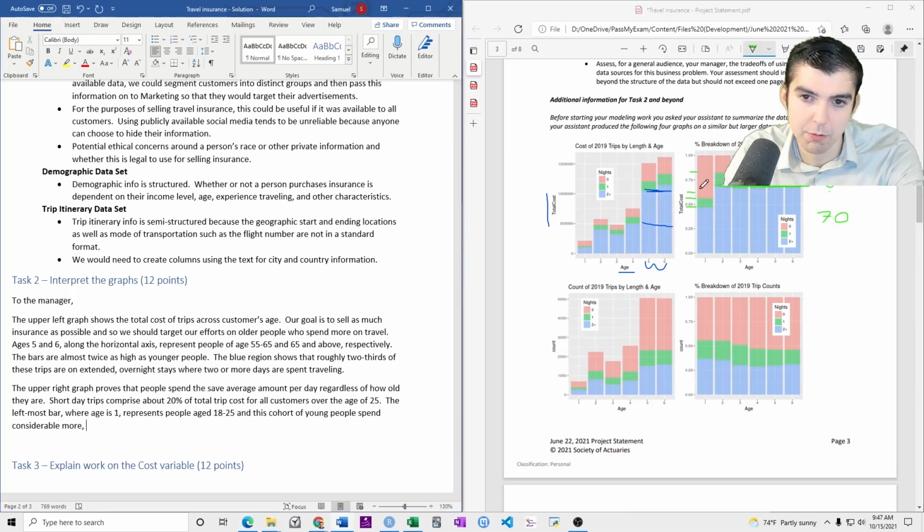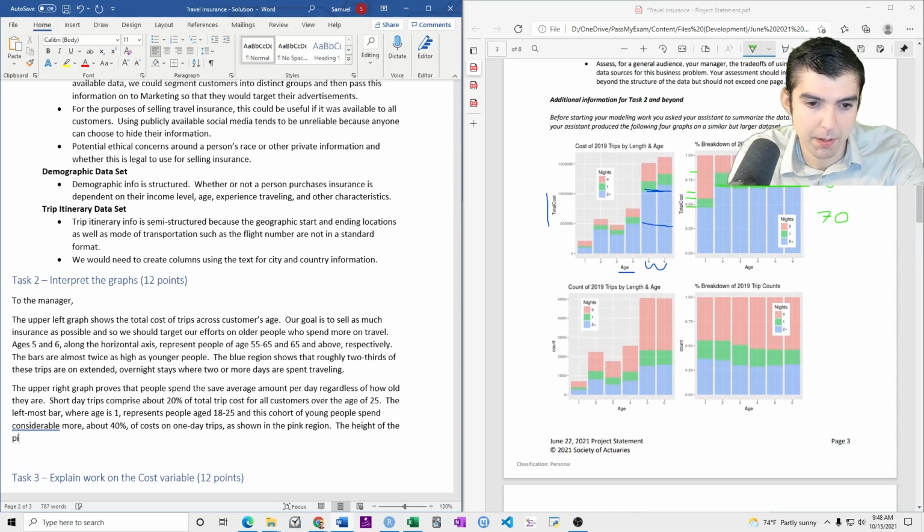So that's about 40, so the red region is about 40% of costs on one-day trips, as shown in the pink region. The height of the pink bar, which spans from 0.6 to 1, is an area of 0.4 or 40%.